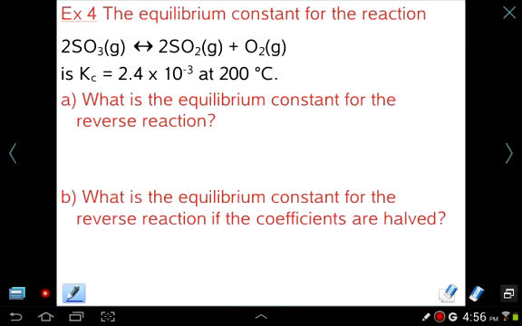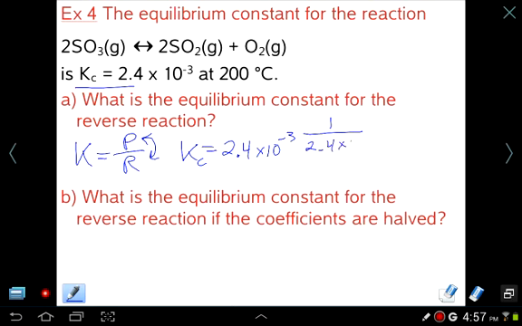So how about a little example of this? We have an equilibrium system along with its constant. And the question is, what is the equilibrium constant for the reverse reaction? What we mean here is we're going to flip around the products and the reactants. So our K originally was products over reactants. Now we're flipping it, so these two get inverted, which means our constant gets inverted. So because Kc in this case is 2.4 times 10 to the negative third, to get the new Kc, we'll simply invert it. So 1 over that,